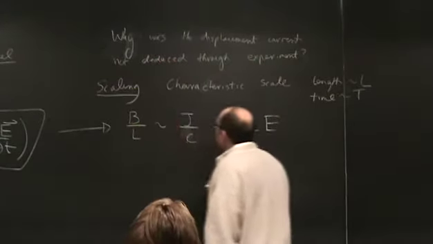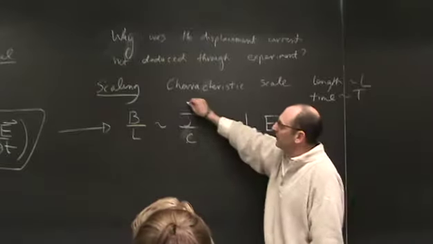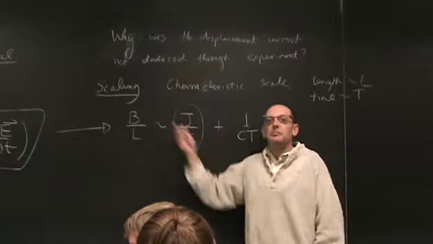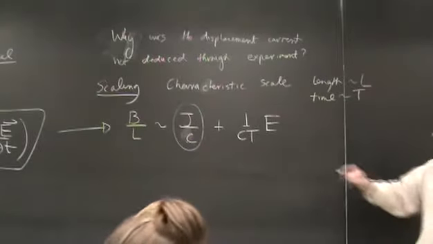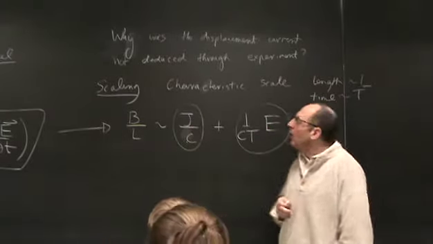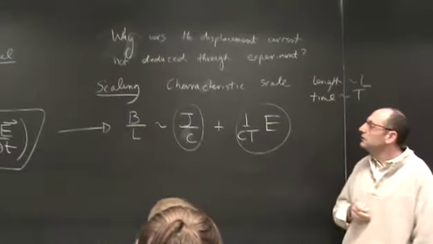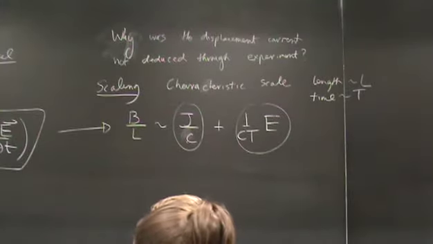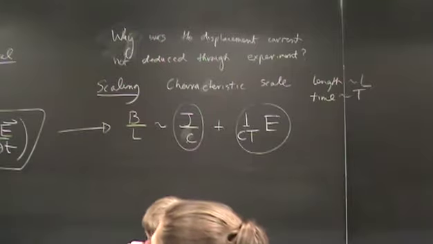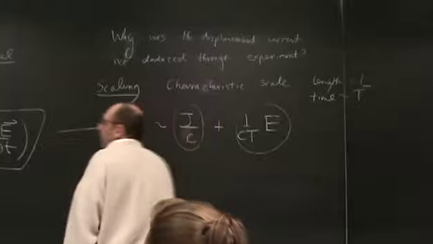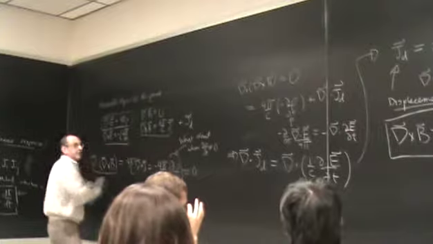So the question really is, what is the relative contribution of the conduction current to the magnetic field compared to the displacement current contribution? Well, what E are we talking about? If E is proportional to rho, that's the electrostatic contribution. But if E is coming from Faraday's law,